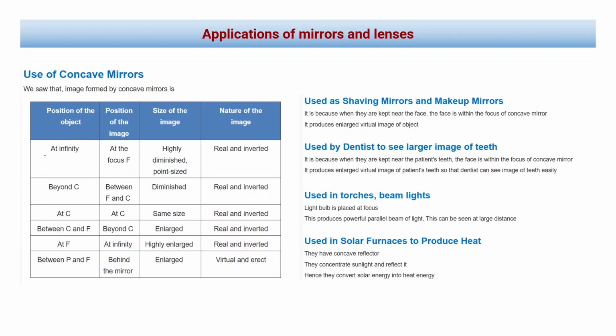Recalling that when light rays come from infinity, the position of the image is at the focus, and as we bring the object nearer and nearer to the concave mirror, the image goes farther and farther away. Depending on the position of the object from the concave mirror, the nature of the image changes. So we use it in shaving mirrors and makeup mirrors because when they are kept near